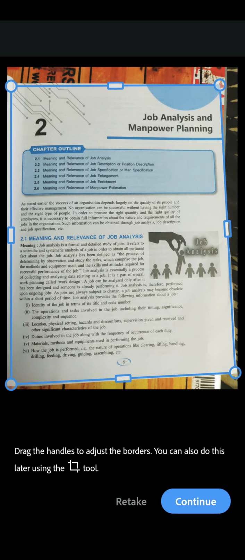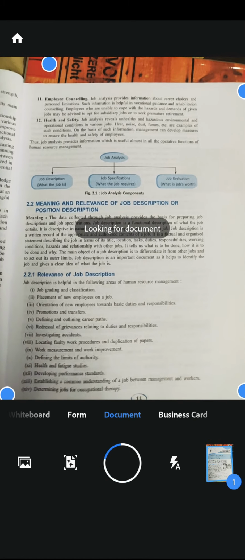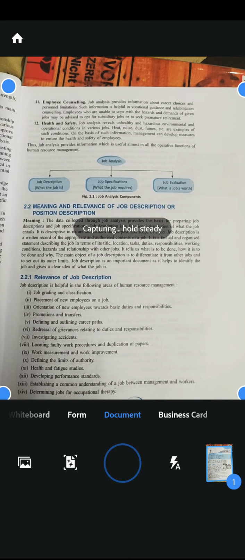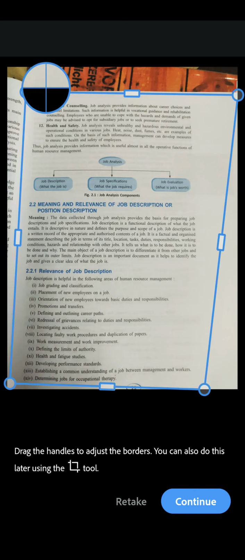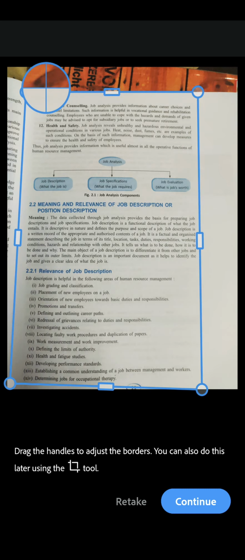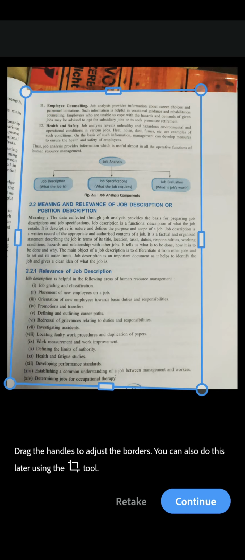If you have probably used 2 pages or you have used both sides of a page, then you need to scan both, right? So what we need to do in that case is continue and go to the next page where you want to scan and try to scan it again. Done. Now, I'm happy with this, but I just need to trim off the white spaces. So I'm going to trim that off. Yes, like I told you, you can define what part of a document needs to be in your PDF.